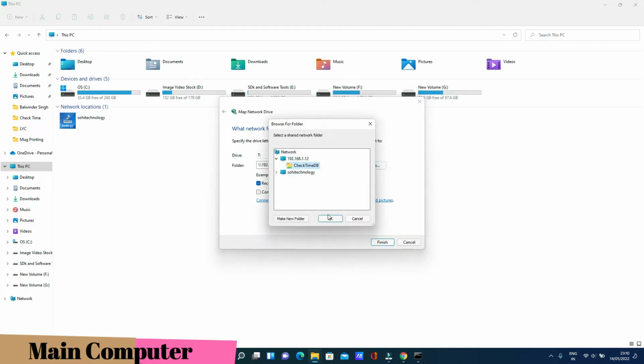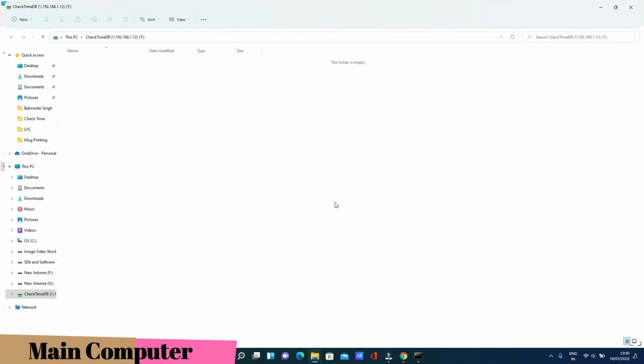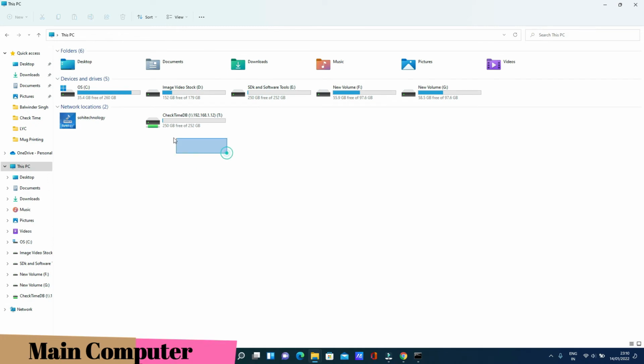We have the Checktime folder, open. So we have this folder now, finish. Once you finish and go up, you can see something like this. So we are sharing a drive from the other PC, and with this PC you can also see it. So this one is done.